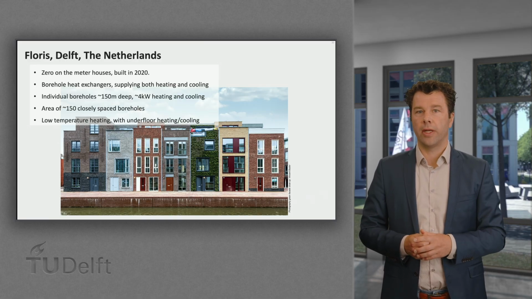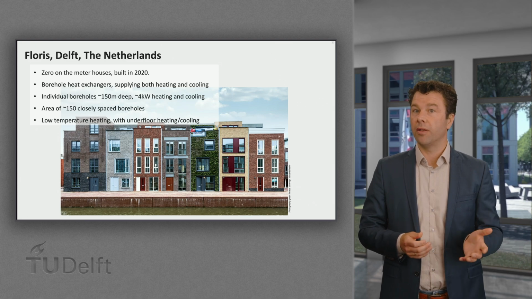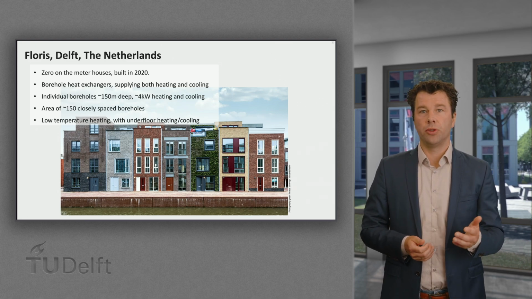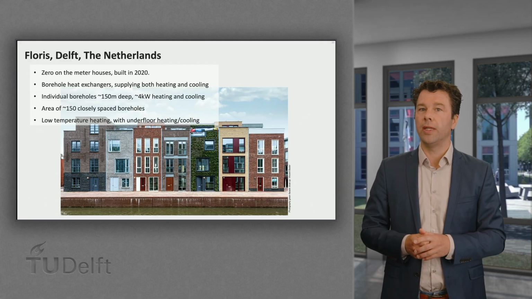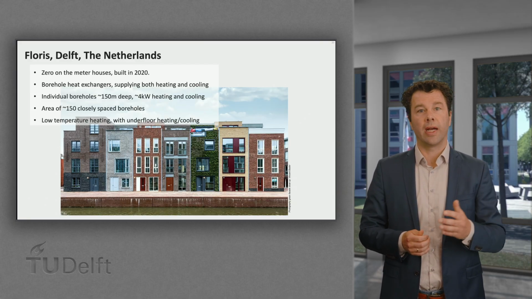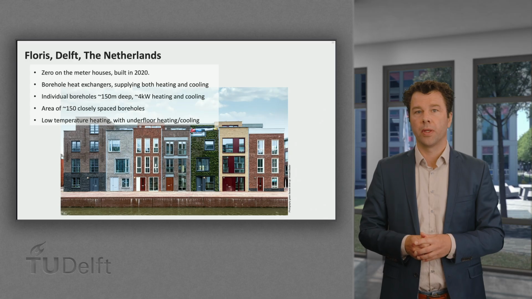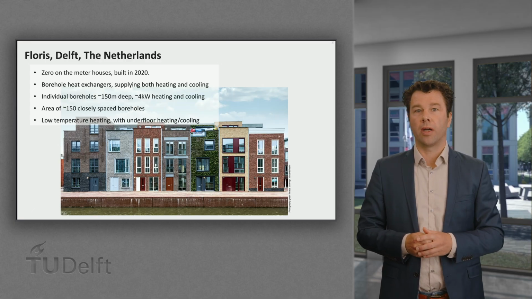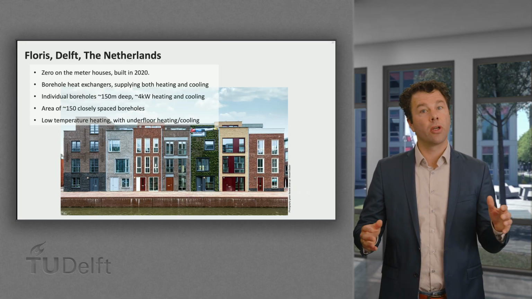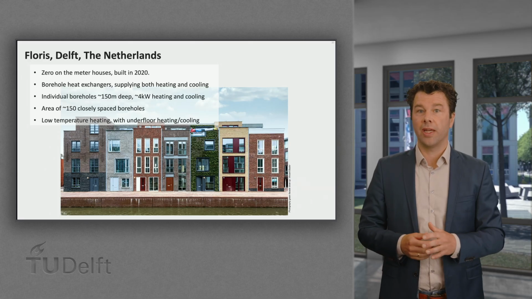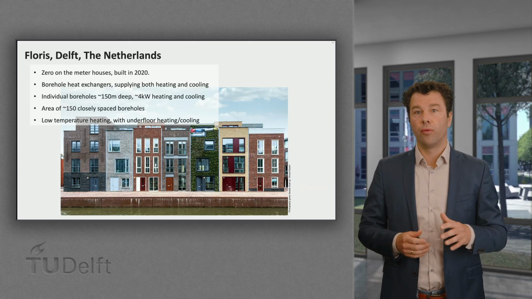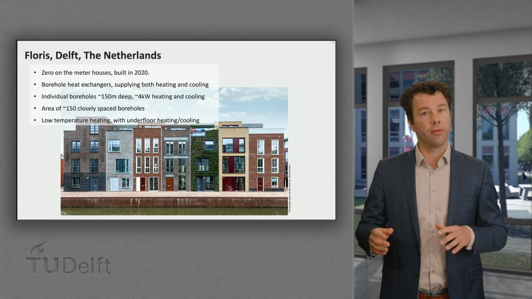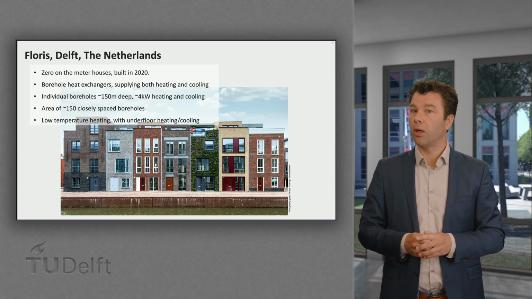Each house is highly insulated and fitted with a closed-loop borehole heat exchanger of 150 meters deep to get heat from the underground. A heat pump is used to provide the temperatures needed for both heating and cooling, which is transferred to the house via an underfloor heating system. The electricity use of the heat pump is supplied by solar panels installed on each house. In this neighborhood there are around 150 of such systems spaced closely together. Because they take heat from the underground, planning was needed for the design to ensure that the systems do not interfere. Balanced heating and cooling loads help with this.